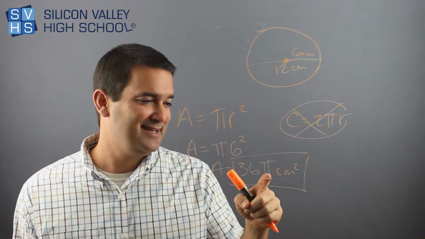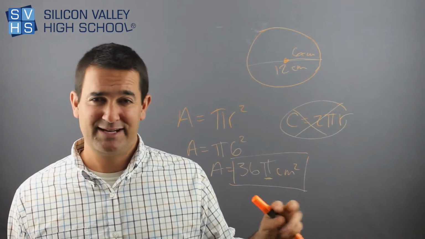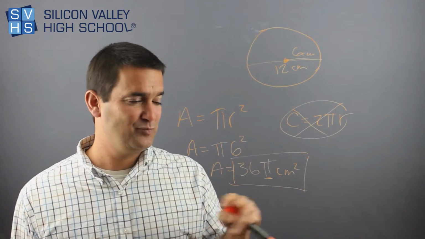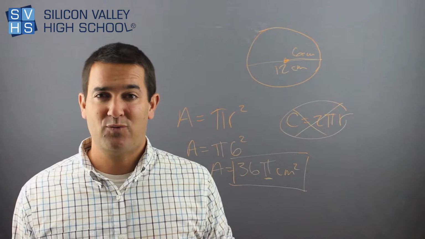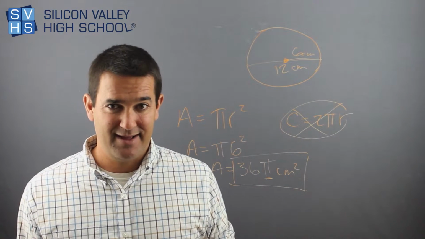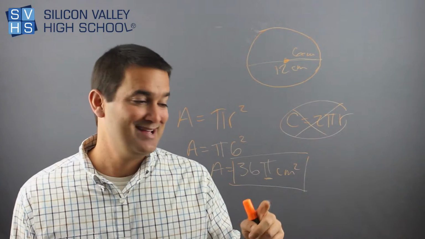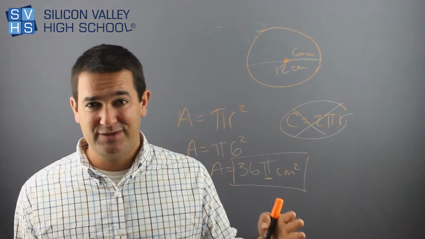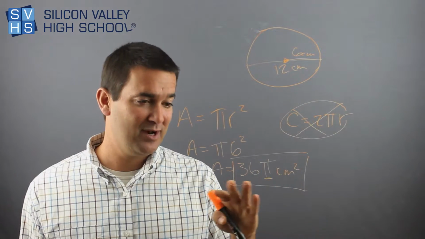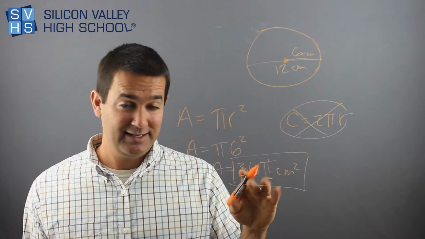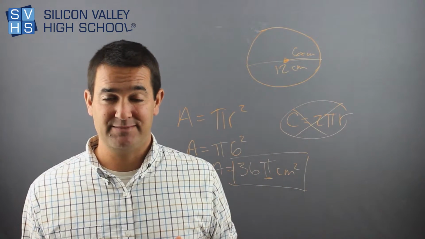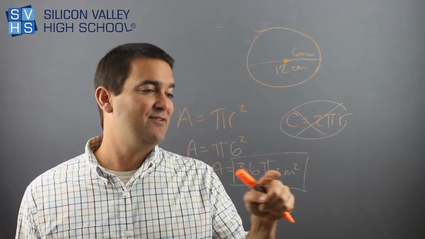And the reason is pi goes on forever, right? It's an irrational number. Pi does not end. So 3.14 is not pi. And I know that could be shocking for you to hear, but it's not. 3.14 is a rounded version of pi. So if you want to be a cool super nerd, and I'm sure deep down we all do, then leave your answer in pi.